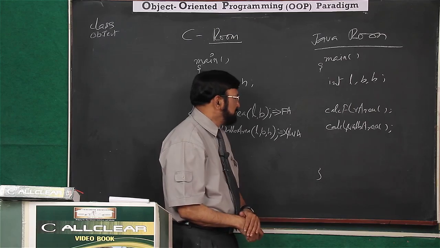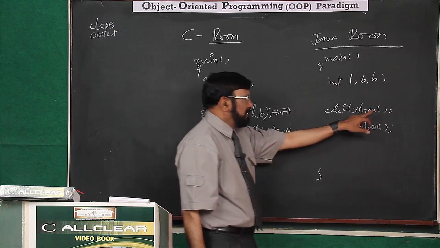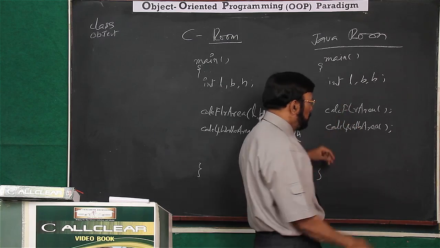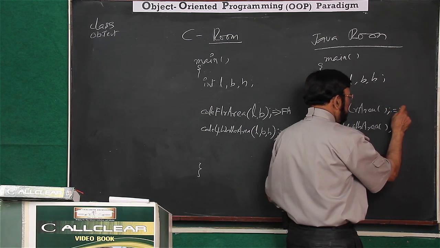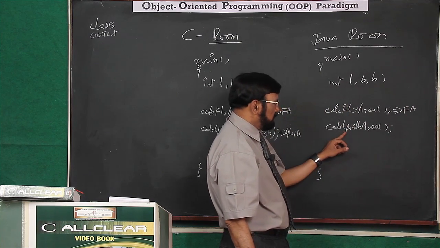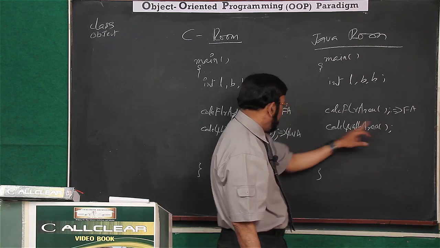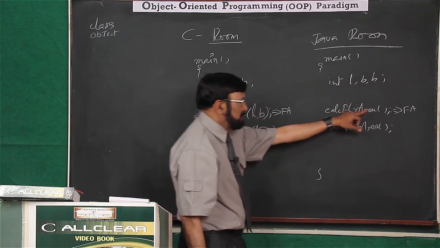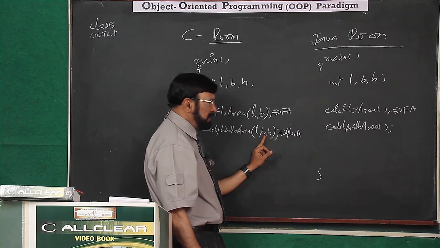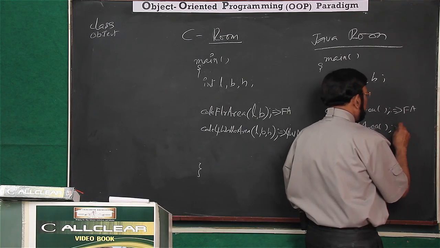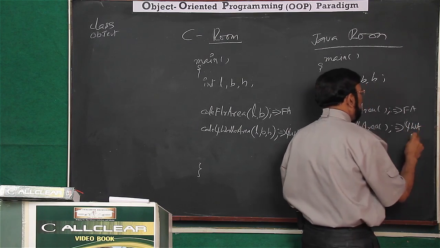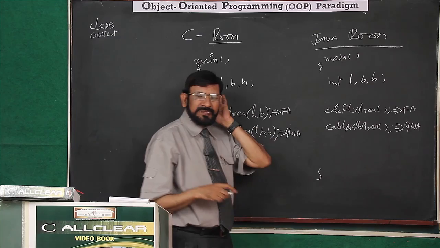But the difference you find: here I don't pass anything. It requires L and B, automatically it takes L and B, whatever it requires, and it returns the floor area. Calculate 4 walls area, I don't pass anything. This is blank. Here L and B are there. This is blank. Here L, B, H are there. Now what does it return? It returns the 4 walls area. Okay, that is the basic difference.